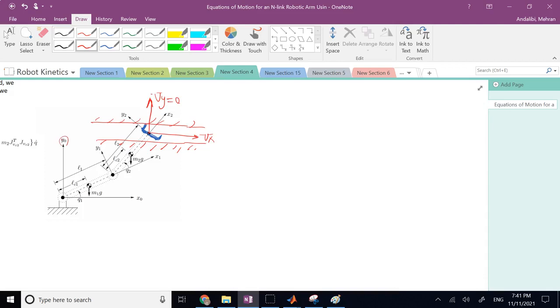Does it mean any constraint on the q's? For sure. Why? Because if you remember, in the case of this robot, the y of the end effector in base, in frame 0, is equal to a1 times sine of q1 plus a2 times sine of q1 plus q2. Now when we take the time derivative of this,